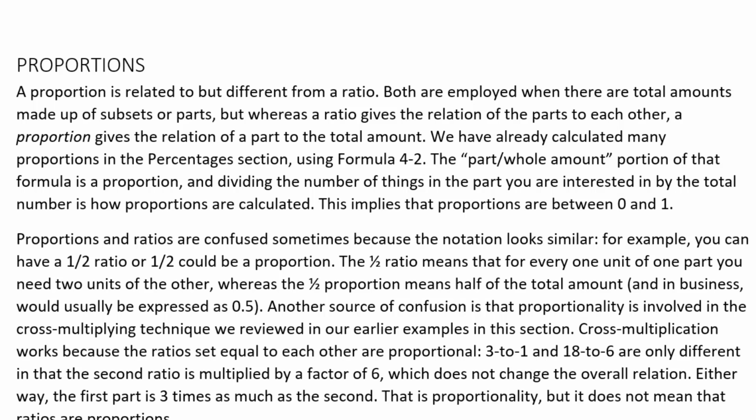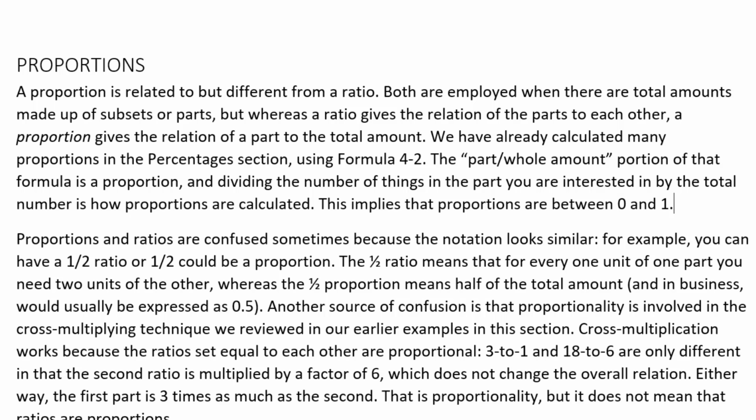Like percentages, they can go from having 0 out of the total amount, which would just be 0, or they can have all of the total amount at the other extreme, so that would be all divided by all, that would be 1, or they could be something in between. They could have 40% of the total amount, that would be a proportion of 0.4.